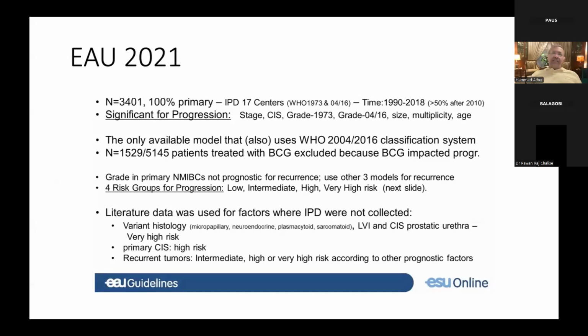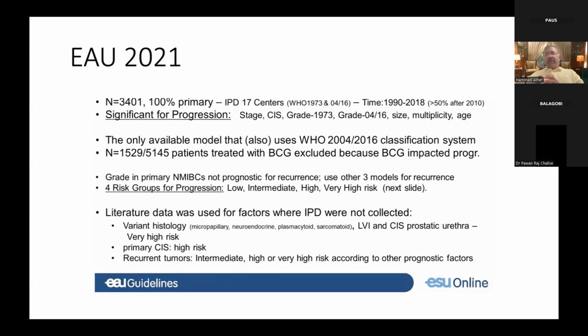Now, we still see quite a disparity, particularly in the high-risk group, with higher progression potential, and the need for cystectomy was also felt. If you look at the older guidelines, there was a clear indication that de novo cystectomy prior to any BCG was recommended in some high-risk patients, whereas the majority were treated by intravesical BCG. The EAU 2021